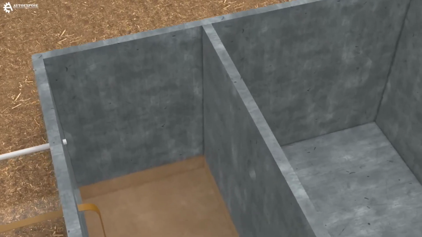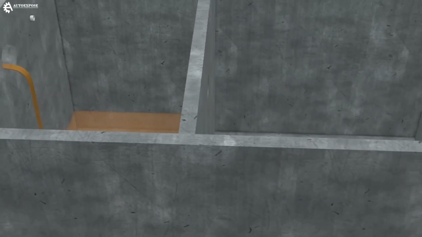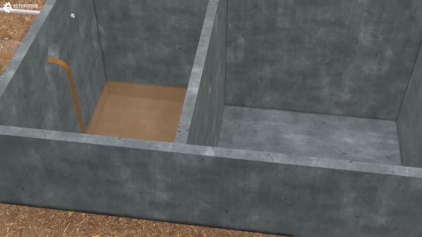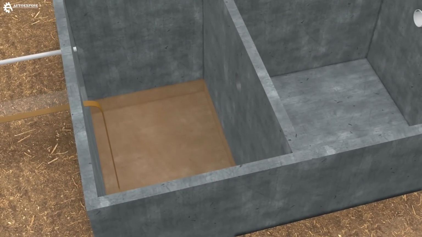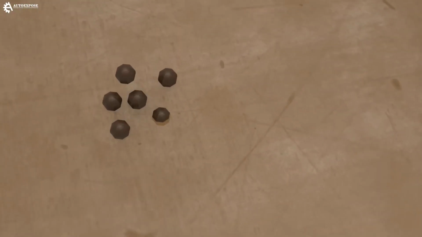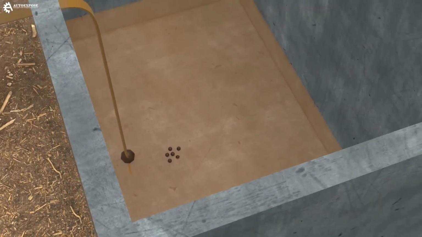Then, we will see a connecting channel. This channel will channel the primary chamber to the secondary chamber. However, this channel is made at a certain height. For what? So when this waste enters the primary chamber, the decomposition process begins. This decomposition will break down solid and liquid waste into organic compounds and methane gas. However, this process takes a long time. It can be 3 to 6 months.